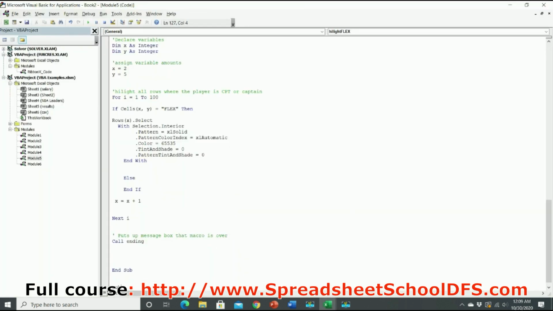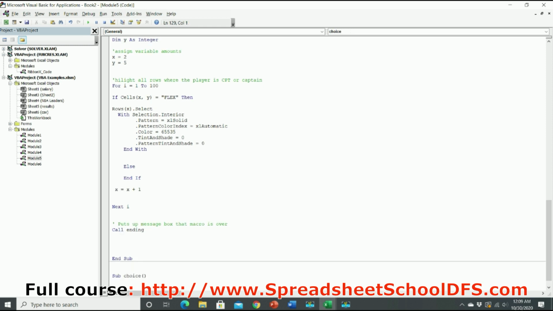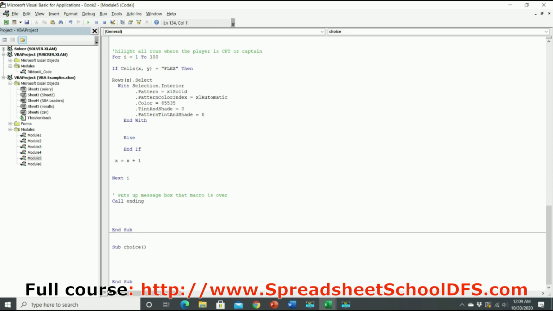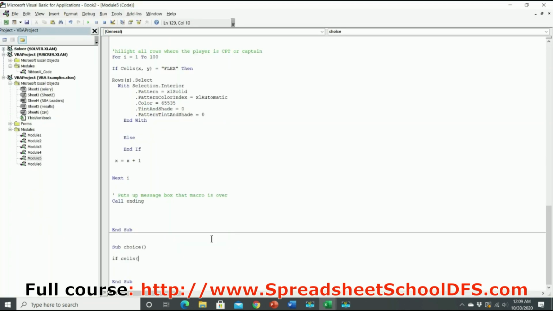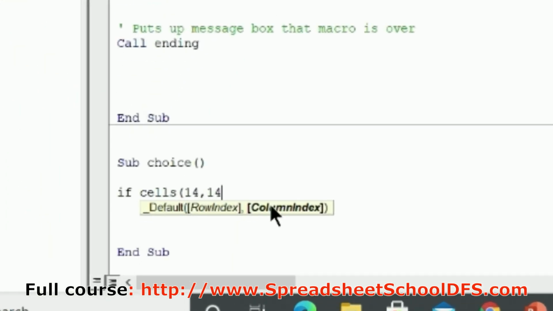So we're going to call this sub choice. Here we go. So we're going to do the if statement, if cells, and let's figure out what cell we're looking at. So we're looking at this cell, which is row 14, and N is actually the 14th column also. So we're looking at cell 14, 14. So if cell 14, 14